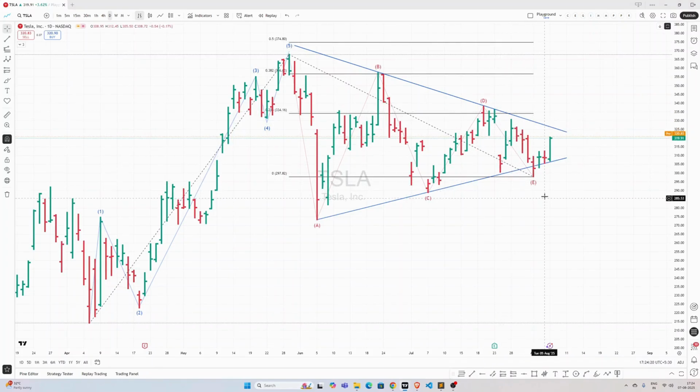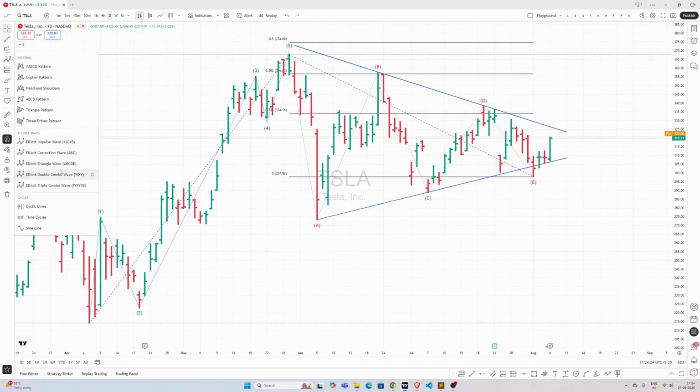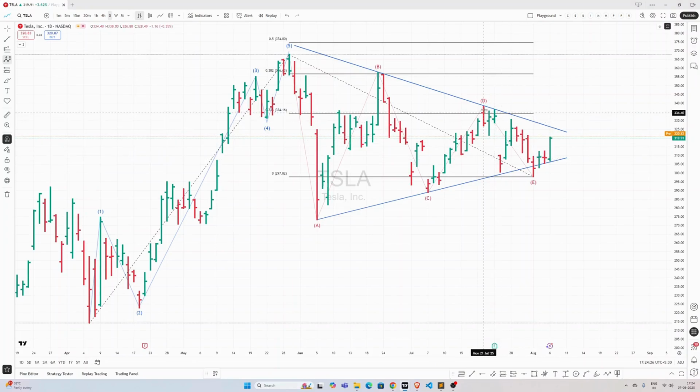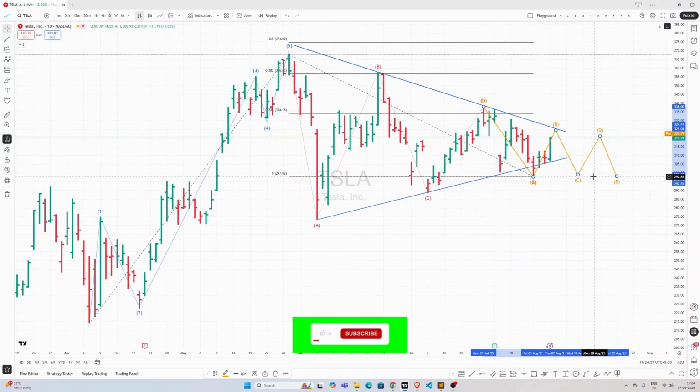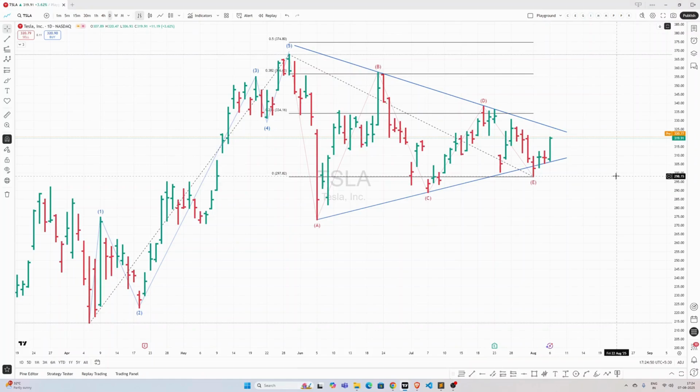It could further evolve into something different. For example, this E could actually evolve into something like this: A, B, C, D, E. So E itself could be a triangle, or it could be any other form of corrective structure within it. So you should never try to anticipate where wave E will end. The better way to trade this is